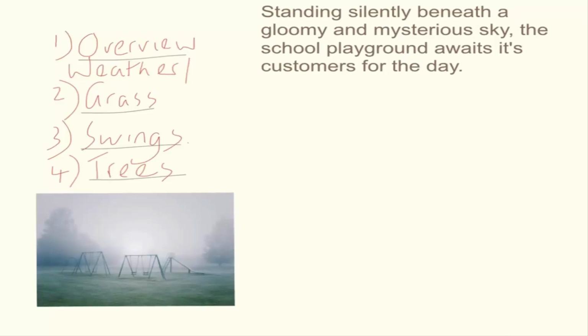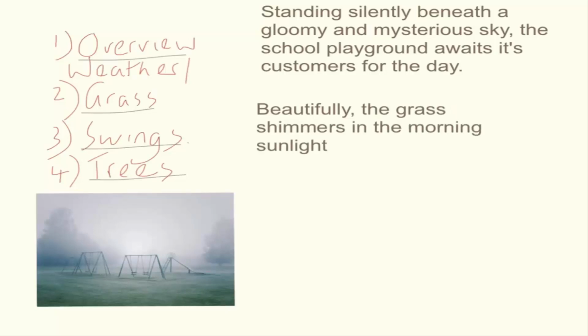So I'll probably just leave this one here as one topic sentence to come back to, but I want you to do a topic sentence for each of the major paragraphs. So you're doing one for this, this, this and this, and you're going to come back to it. So I might do my second topic sentence on the grass. "Beautifully the grass shimmers in the morning sunlight." I'll just show you one more. The last one I might like to look at would be the swings. So it would be something like,